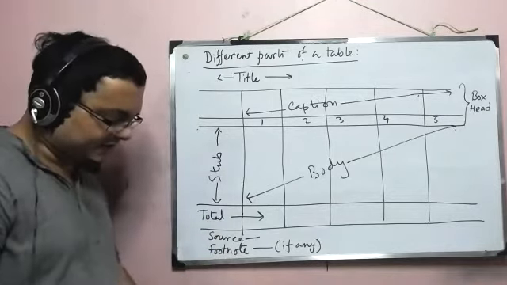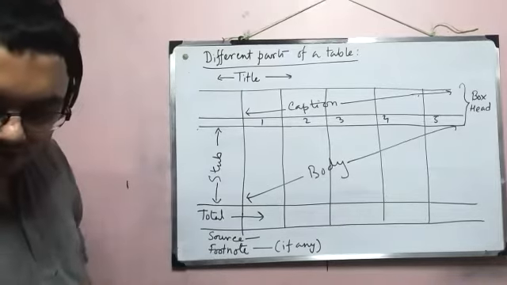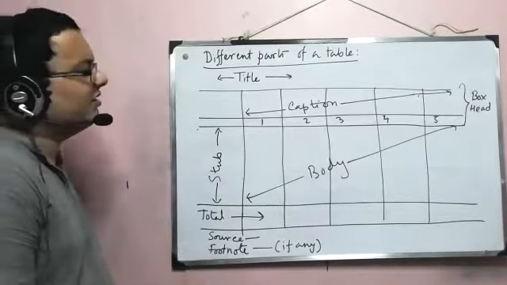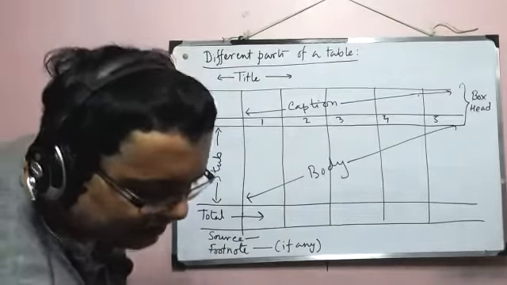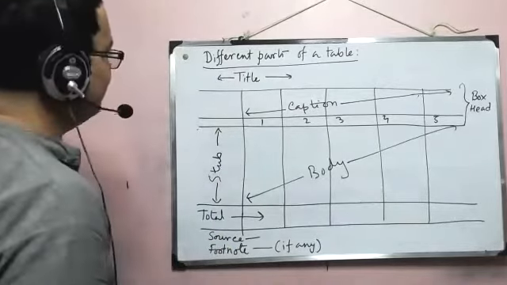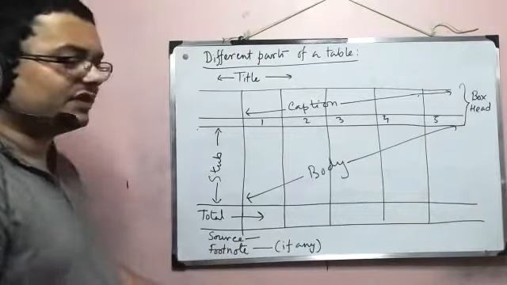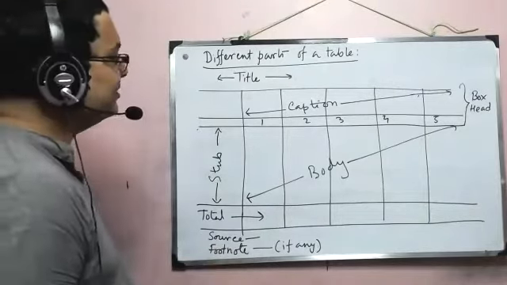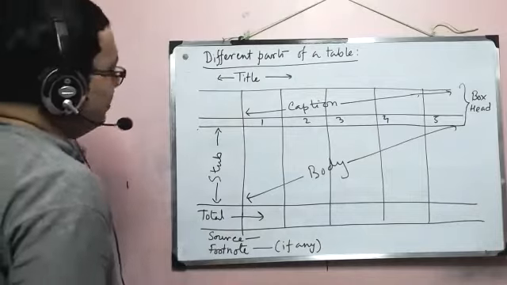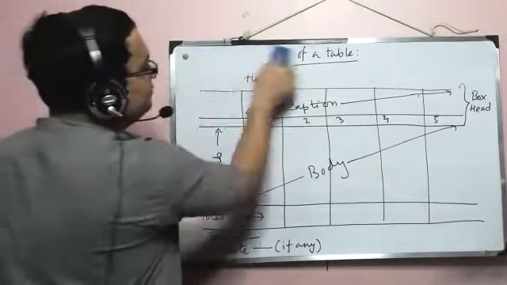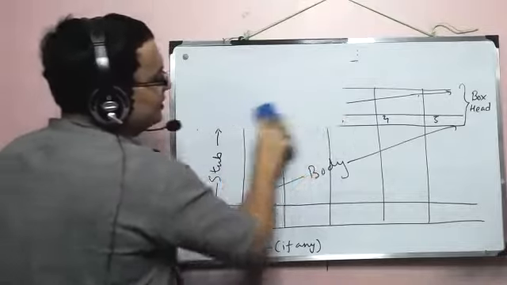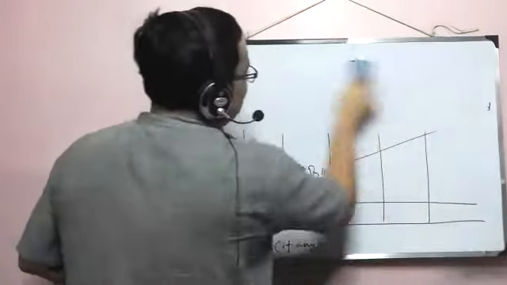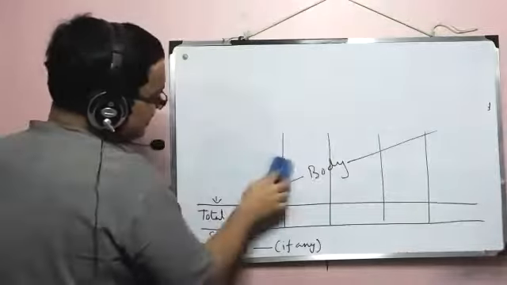Okay, all right. So now we'll go to the definitions or guidelines regarding all these parts, and then we'll look at the criteria of a good table, which is sort of a guideline. All right, there is no hard and fast rule. So we'll take each term separately and we'll define, or at least try to define, what that must contain.